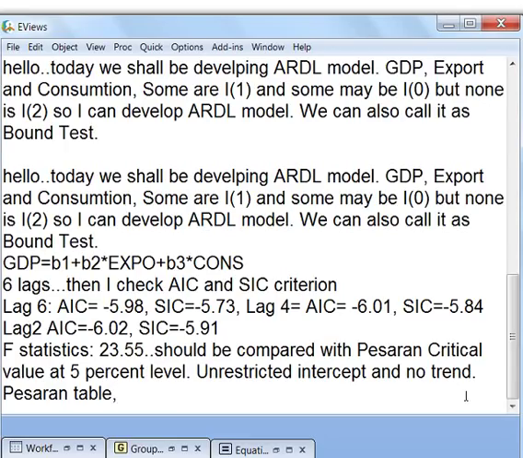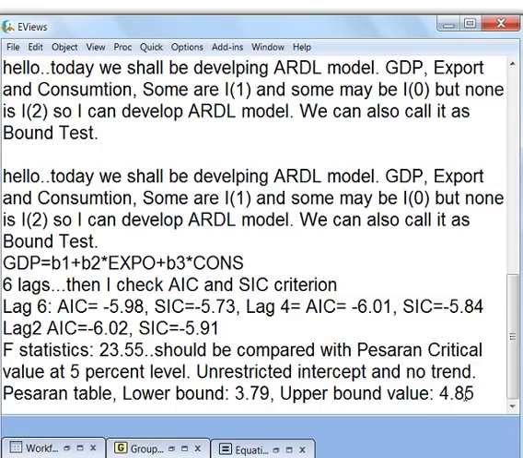From the Pesaran table, our lower bound value is 3.79, and upper bound value has been 4.85, right? So we have these two values from the Pesaran table. Okay, and what is the guideline? The guideline is